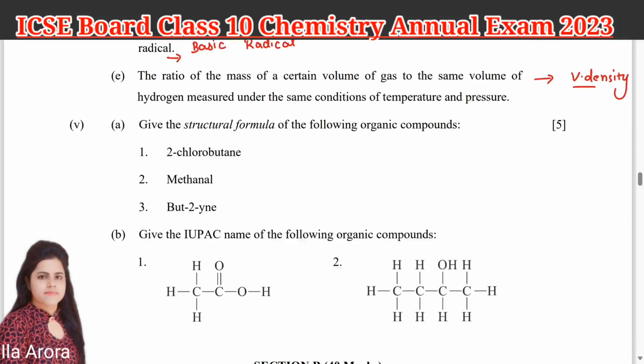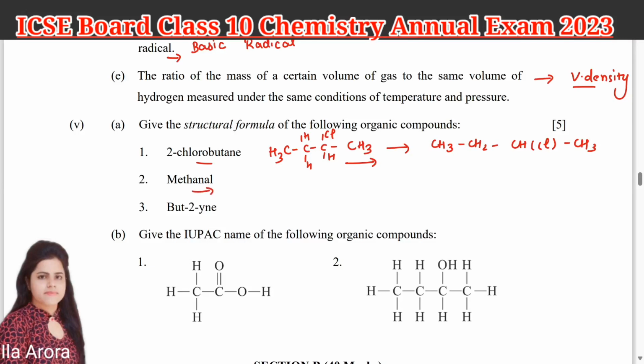Then fifth question. A part, give the structural formula for the following organic compounds. First one is 2-chlorobutane. Butane means the main chain contains 4 carbon atoms, and on the second carbon we have chlorine. Then we have to complete the valency of these carbon atoms, so we put hydrogen: here 1 hydrogen and here 2. You can write it like CH3, CH2, CH, Cl, CH3,